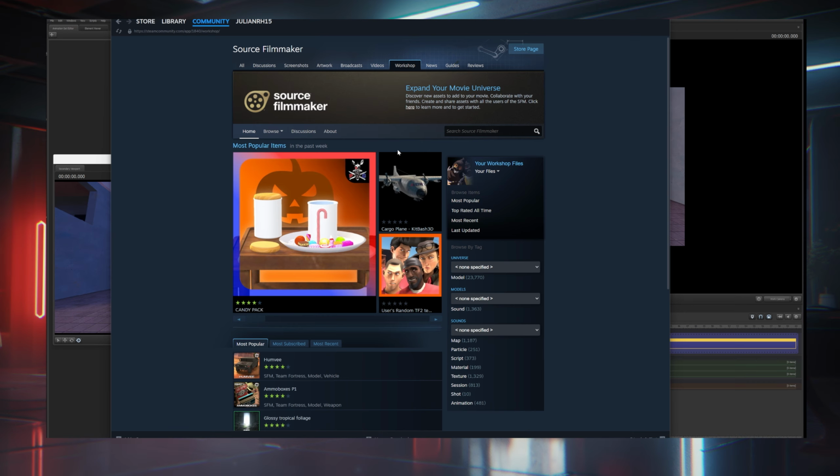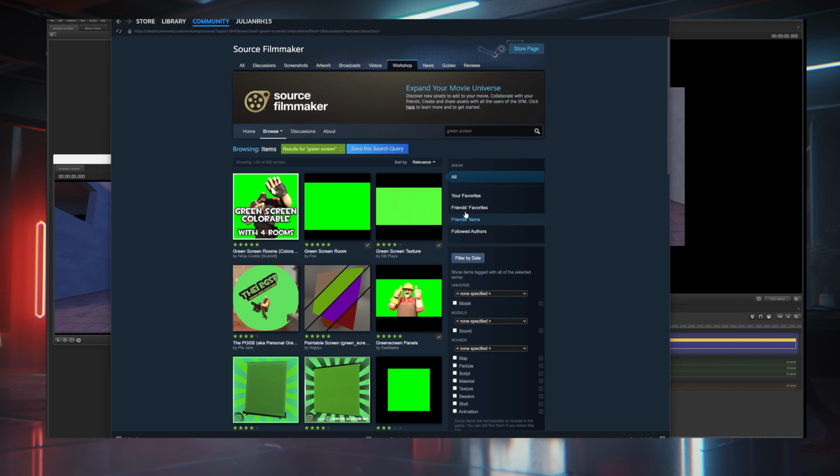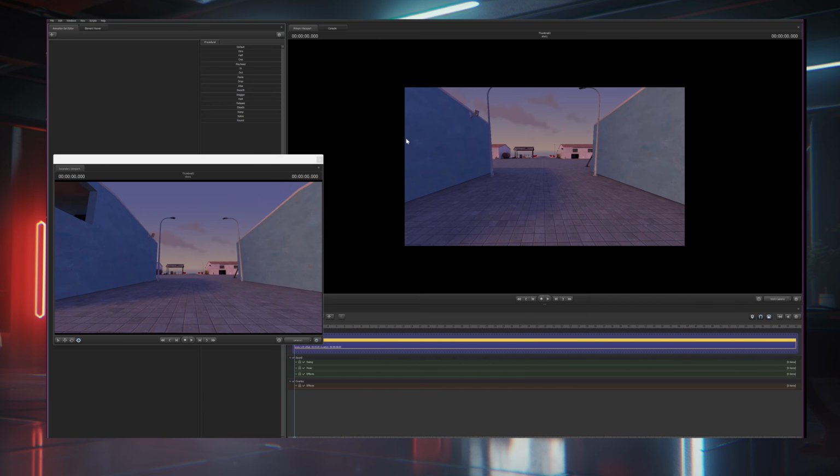So you want to go back to the Steam Workshop and you want to search up green screen. You want to look for a green screen model. Any of these will do. Just don't download a map like I did. It gives you a headache. But yeah, download a green screen model so you can import that, and then that'll be your background because it's